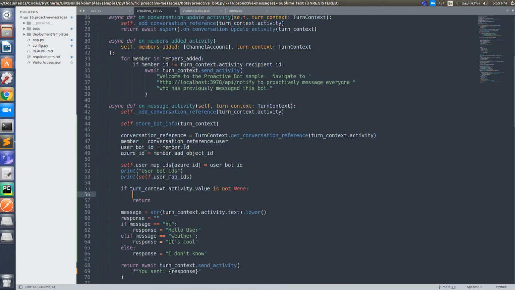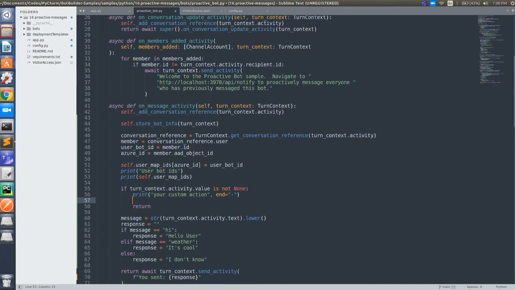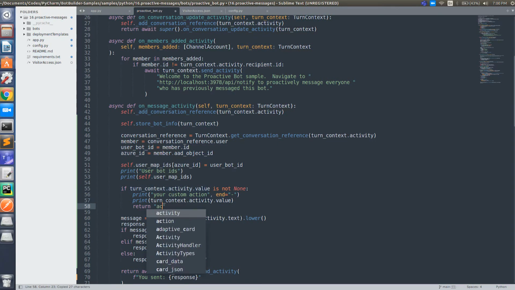I'll just put your custom action, and then say access is updated.